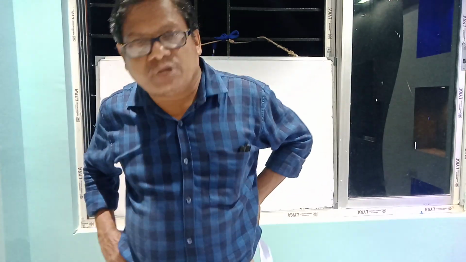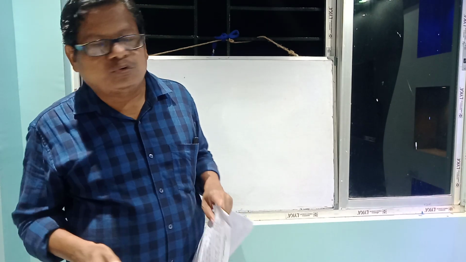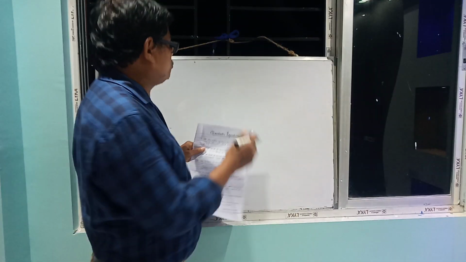I will teach now quadratic equation exercise sums. In the previous class, I have already discussed the quadratic equation formula, how to establish this formula: ax square plus bx plus c equal to 0, then x equal to minus b plus minus root under b square minus 4ac by 2a. Already discussed. And the nature of the roots also discussed. Discriminant, all of you know, that is D equal to b square minus 4ac.